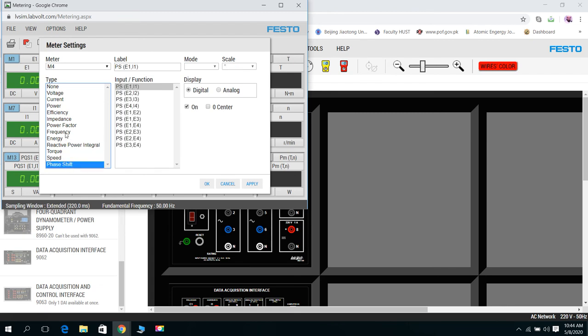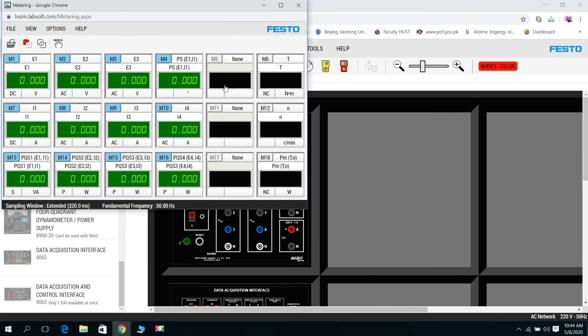Phase shift, if I want to see the phase shift between different values like voltages and currents, or between two voltages, I can do that. Okay, so by applying this, I have selected phase shift, so this meter will be a phase shift meter. Okay, this is all about the metering window.